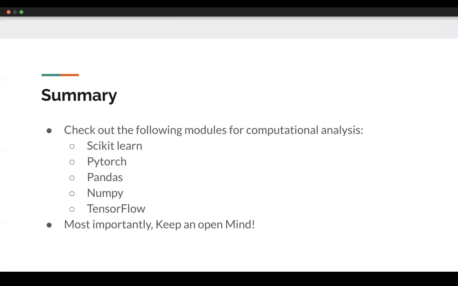And most importantly, keep an open mind. There is an enormous need for people who know Python in the physical science departments, whether you're doing atmospheric science, any type of geology, ocean science, like we were just looking at. Astronomy is huge right now with machine learning in particular. So Python is also, as I mentioned before, a great way to boost your resume and boost how you look to future principal investigators, whether you do it at UCSD or in grad school and